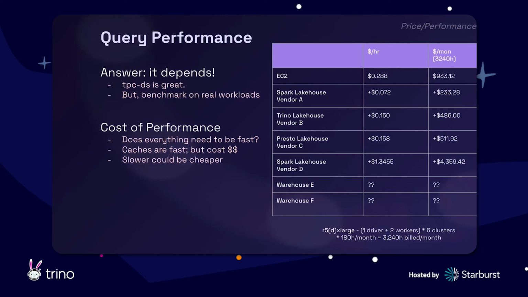And the other thing is, it's a little bit counterintuitive, but should everything need to be fast? Let's say you have a job that runs once a day, or maybe three times a day. If you can afford to wait maybe 15 minutes more, maybe you can drop your cost by a lot. If that's the case, then you want to consider these things more carefully, right?